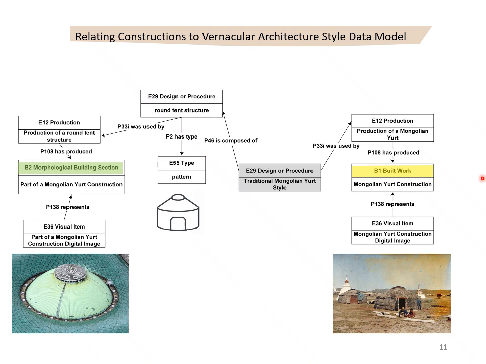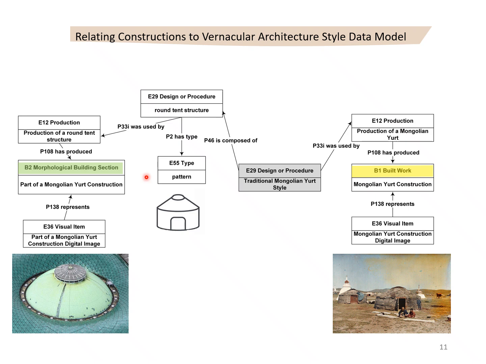The B1 Build Work class represents complete architectural entities whose creation is modeled using the class E12 Production. In contrast, the B2 Morphological Building Section class captures discrete components or sections of constructions that embody design principles characteristic